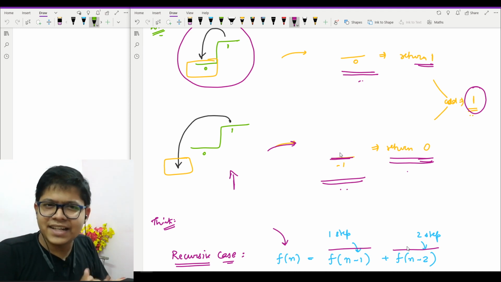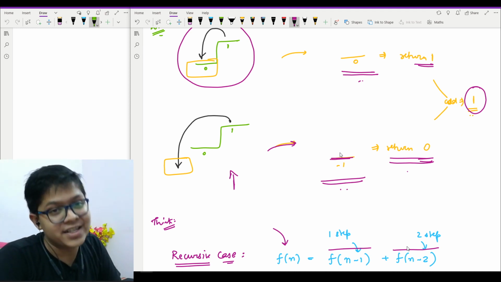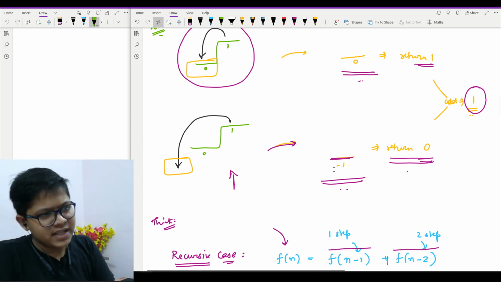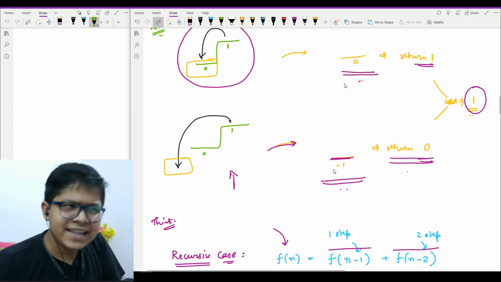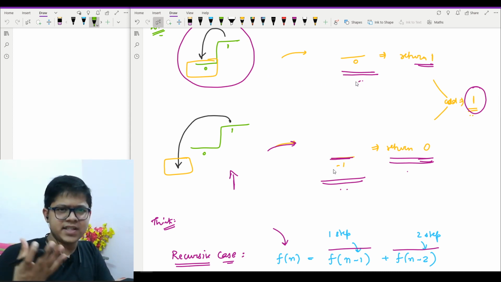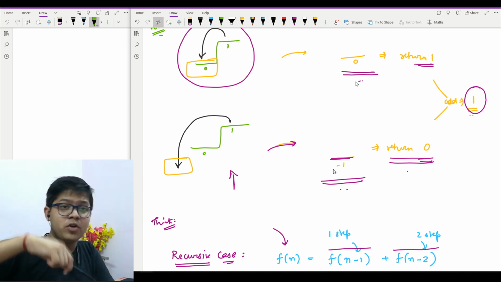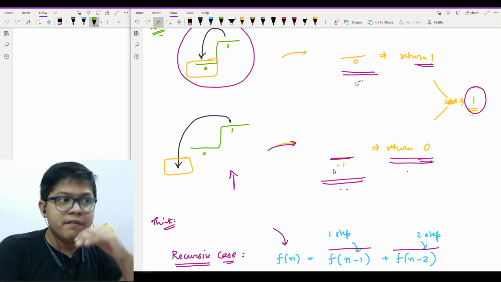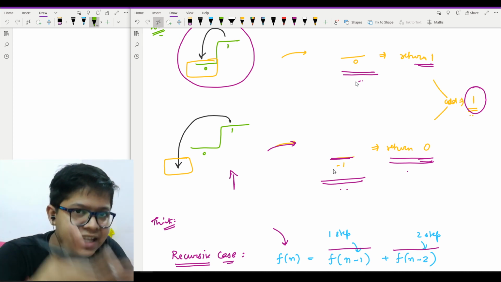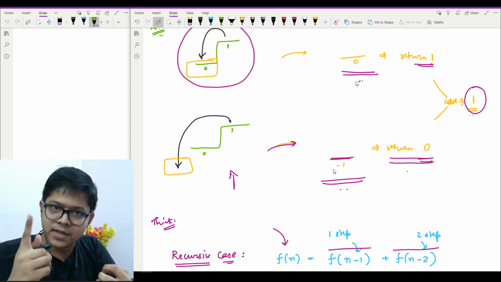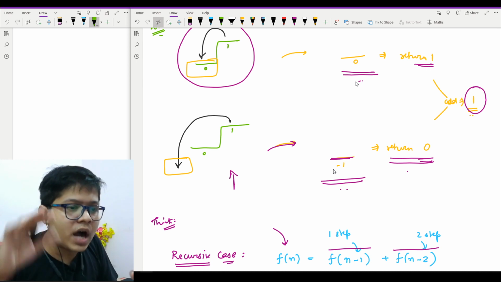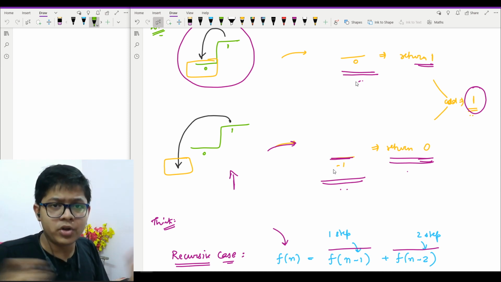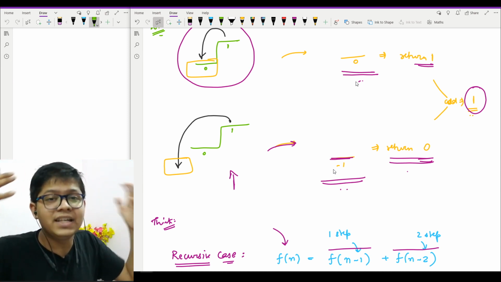And you can clearly see that it looks somewhat similar to the Fibonacci series. Now, the base case. As I told you in the example of 1, you can clearly see that for n equal to 0 you will have the answer as 1, which was the base case. And as soon as you reach below ground, you are sure that you will return 0. So the base case is in your hand right now, which means that if I reach the ground, n equal to 0, then I will return 1, one way. If I am reaching below ground, then I will return 0, because it will never contribute to my answer, because it's an invalid case.